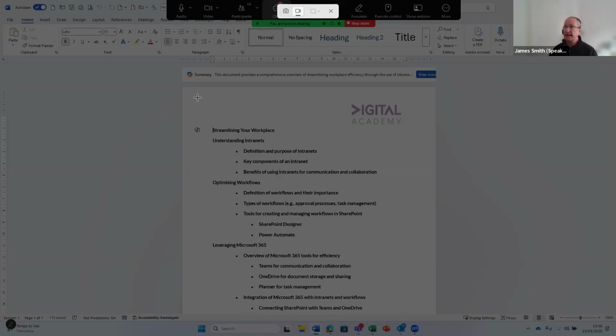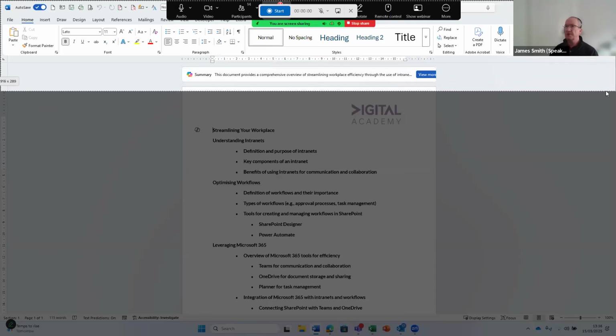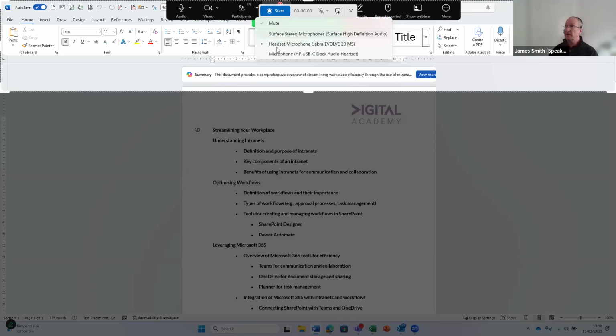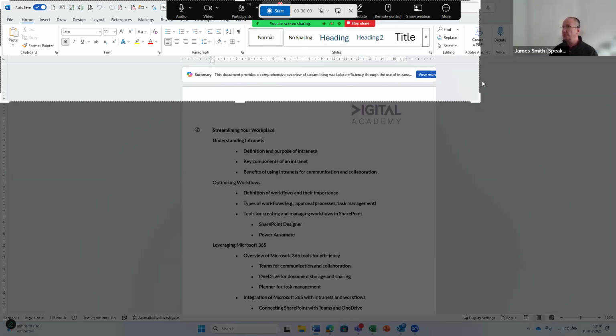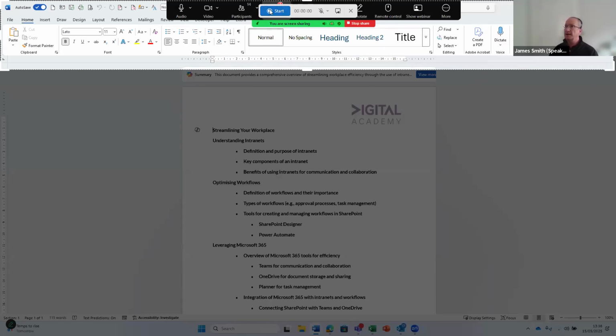So if I go into record, and again, I can choose the area that I want to pick up. I'm going to go up into the top right-hand corner and I'll click and drag across. And I'm going to say, I want to record my ribbon at the top. So it then gives me the option of when I want to start recording. I can even record sound as well if I wanted to. So it's using my headset microphone, but at the moment it's muted. Okay, so what I will do is, oops, let's just adjust that back a little bit. So when I click to start,